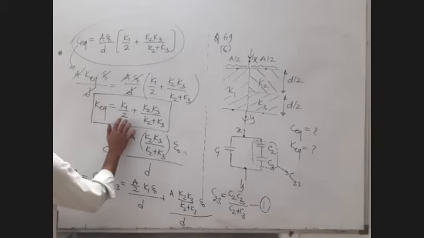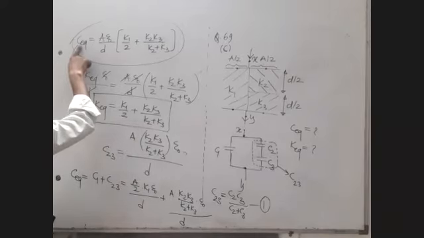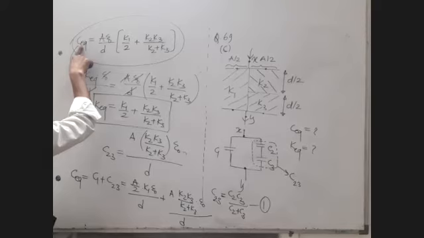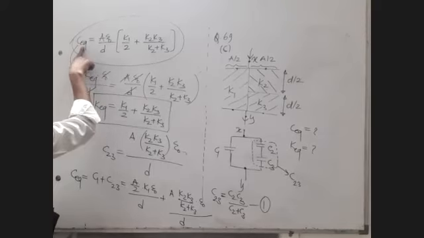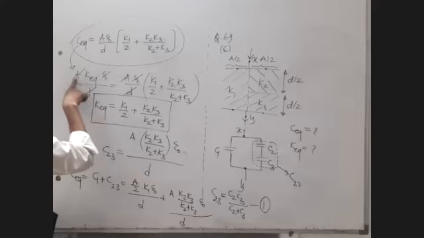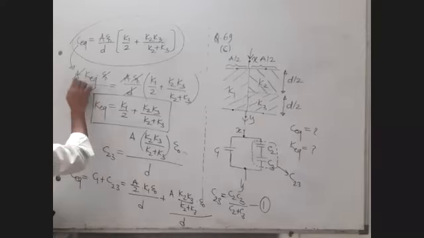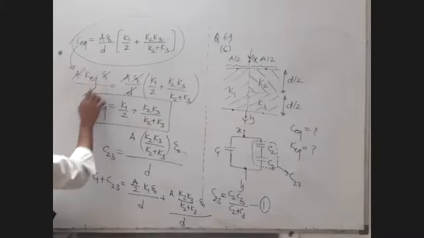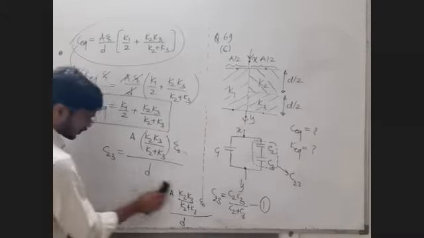I will come to this question. I will reach this solution as fast as possible without taking this long route. If I am not asked this, I will directly find out K equivalent. And if I am asked this, I will first find out K equivalent, and then I will write C equals A K equivalent epsilon 0 upon D. There is a way to find out K equivalent.